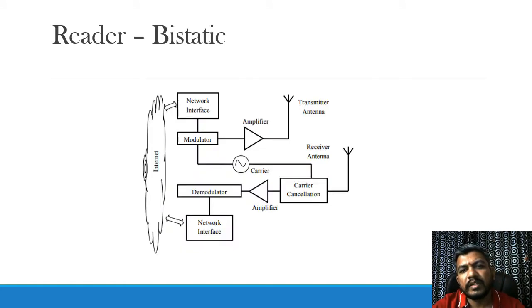The ultra high frequency reader can be designed to operate with a single antenna or two antennas. The system which uses two antennas is termed a bistatic reader. In a bistatic reader, one antenna is used to transmit the signal from the reader to the tag, whereas the other antenna reads the signal propagated back by the tag. The two antennas are kept at some distance in order to avoid transmission error and collision. The collision or interference may occur if the two antennas are kept together.